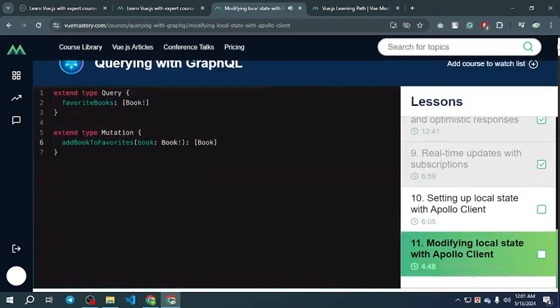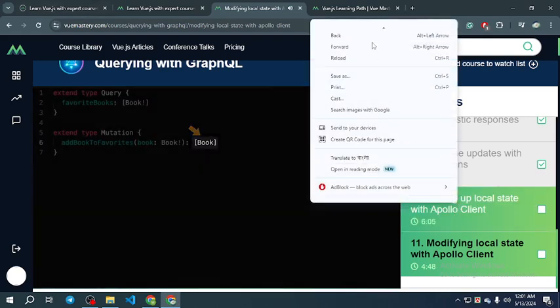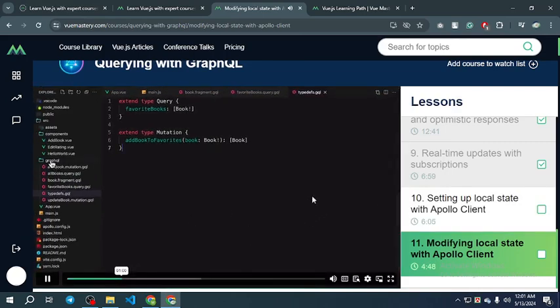We plan to add books from our main list to the list of favorites, and all books in our main list have a type of book. Finally, we want to return an array of books here. Now that we know how the mutation should look,